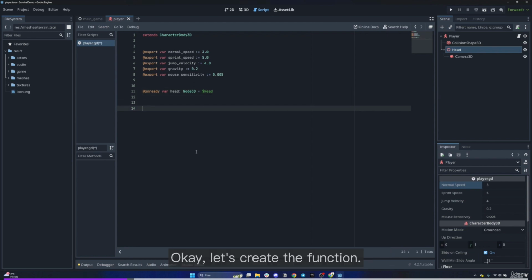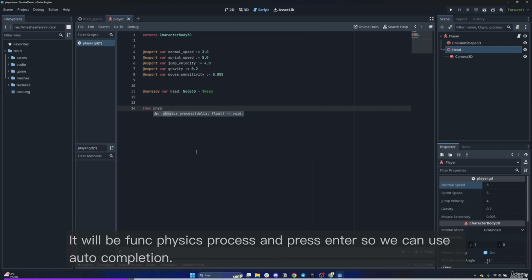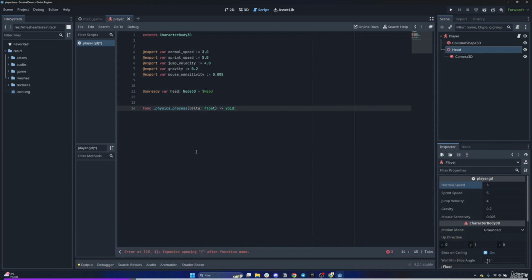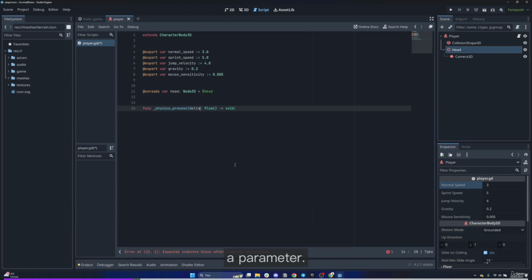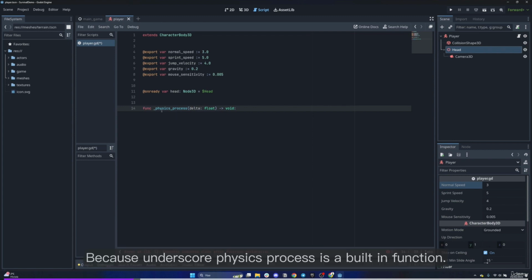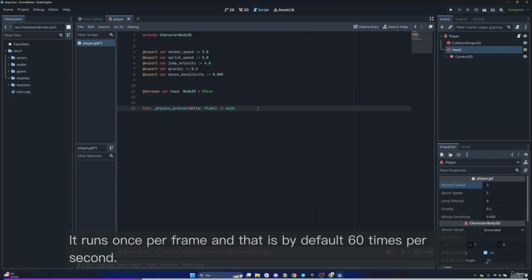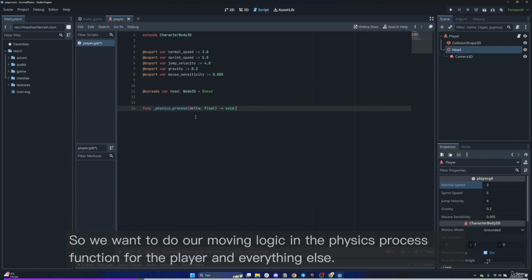Okay, let's create a function. It will be func _physics_process, and press enter so we can use autocompletion. Make sure that the function name is written exactly like here and it has a delta float variable as a parameter. Because _physics_process is a built-in function, it runs once per frame and that is by default 60 times per second. So we want to do our moving logic in the physics process function for the player and